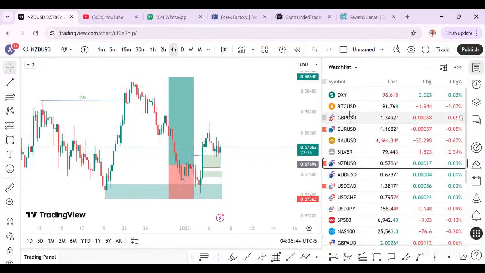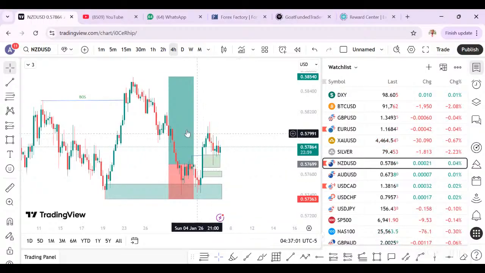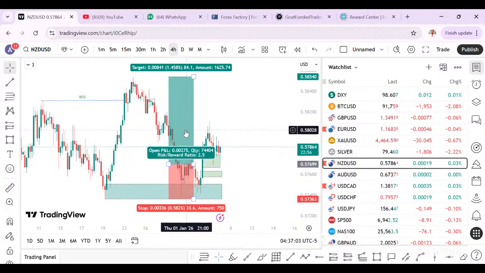And also, don't have too many USD trades. 1, 2, 3. Maybe you take EURUSD, GBPUSD, and the same thing. You are just contracting 1 trade at a time. If this trade delivers, let's say this trade will run for 1 week. For me, this is 2.5%. Now, if I have 2 of these in a week, all I need is 2 of these that will deliver in a week. That will give me 5%. 5% will be small in a $100 account.